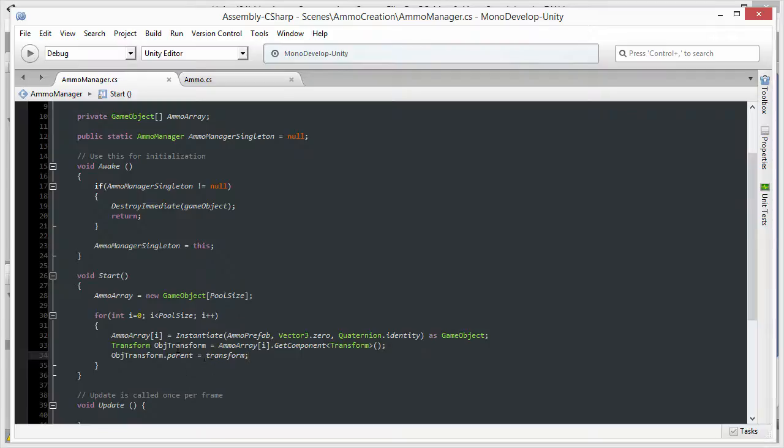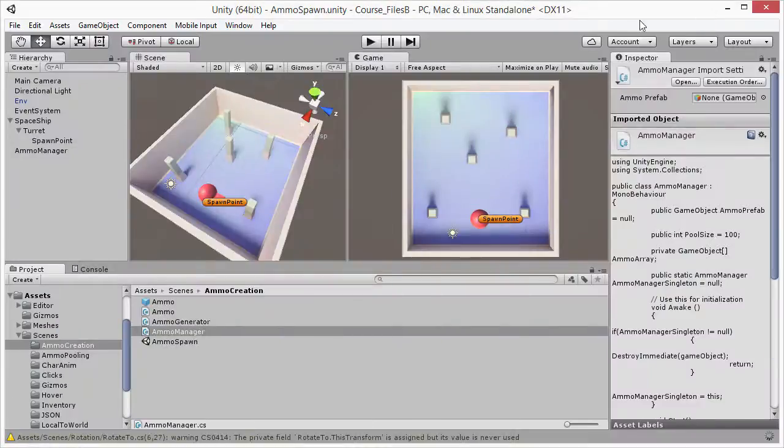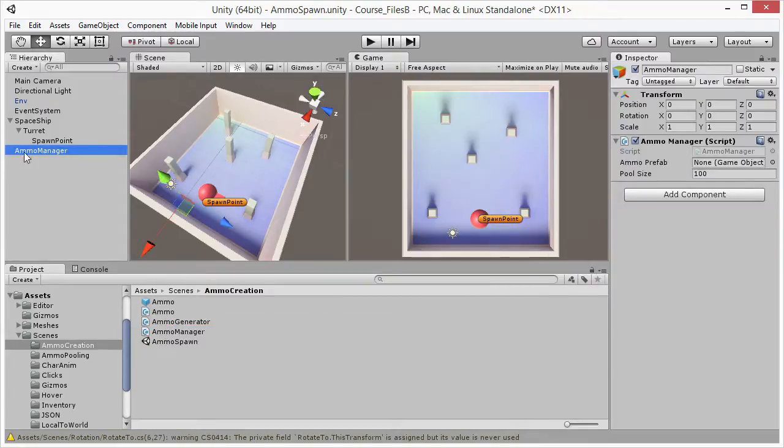Now I want to give this a test here. So I'm going to minimize MonoDevelop and go back to the Unity editor. The code goes ahead and compiles. I'm going to drag and drop the ammo script here onto the ammo manager object and select the ammo manager object. Notice that by default the pool size is specified as 100 here, and when I press play on the toolbar we should see 100 ammo objects generated as children of the ammo manager. Now before I do that, actually notice that the ammo prefab field is currently set to none. To populate that, I'm just going to drag and drop the ammo object into the pool here